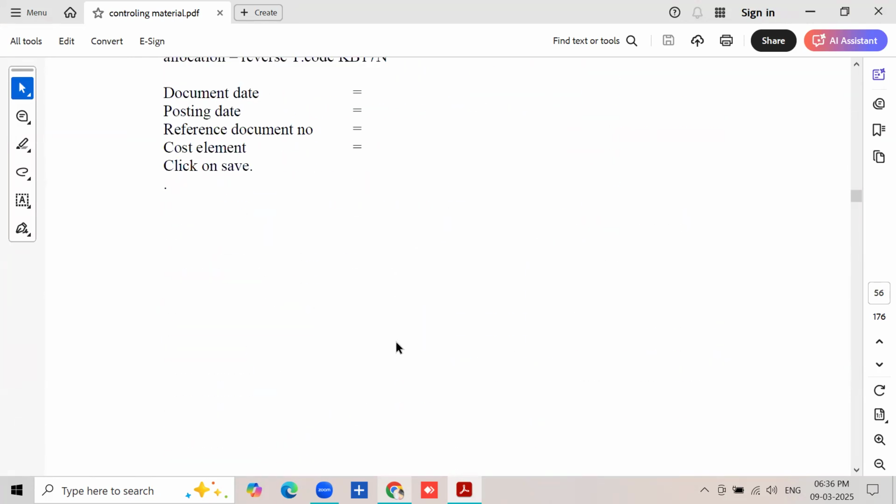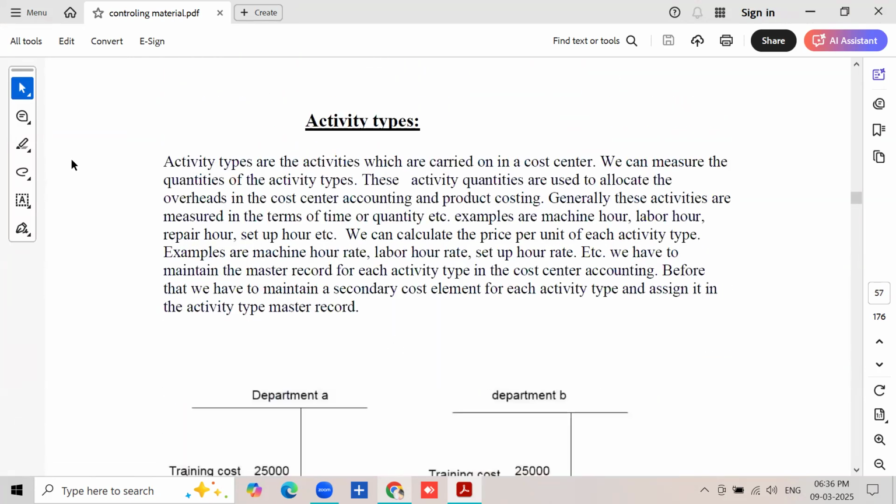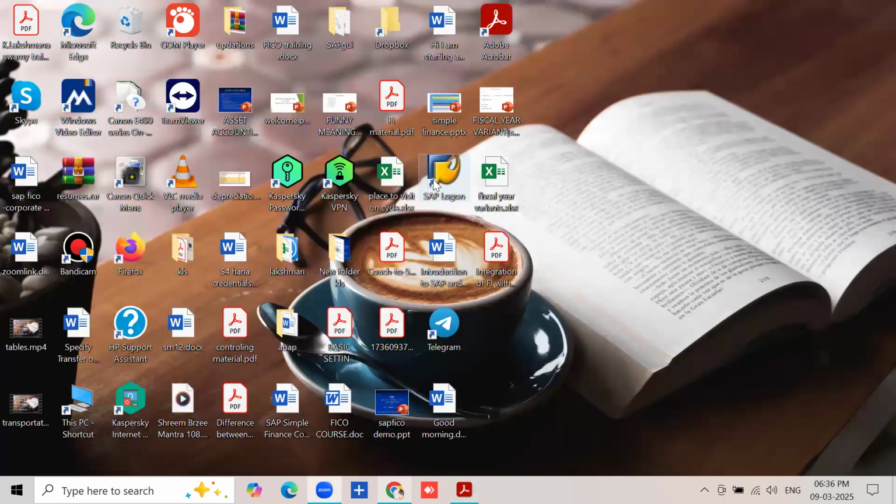So today we have to start activity types. But before starting activity types, we have to see some other functions. Right? See, for example,